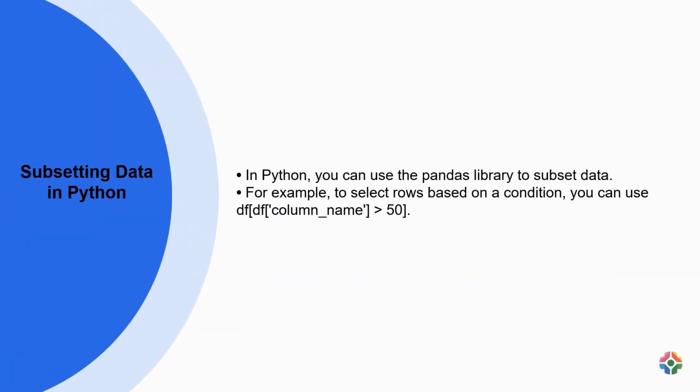When working with data in Python using the pandas library, subsetting data can be accomplished efficiently. To select rows based on a specific condition, you can utilize the syntax df[df['column_name'] > 50]. This code will filter the data frame df to include only rows where the values in the column name are